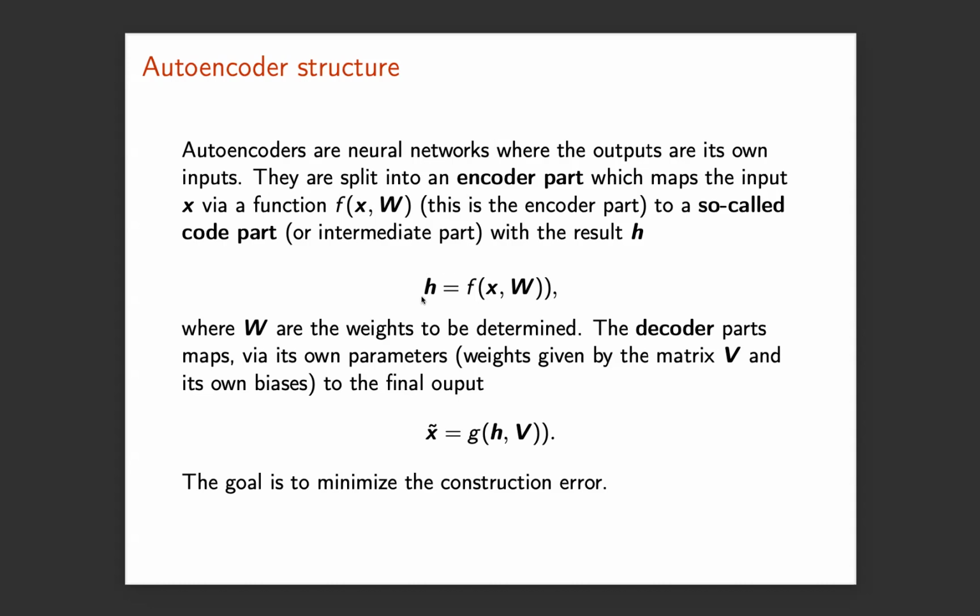Then there is a code part, or latent space, as it's also called. When we looked at variational autoencoders and Boltzmann machines, we called this a latent space. This latent space often has a smaller dimensionality than the original x. So the output of the encoder gives us this latent space. And when we discussed principal component analysis, when this function was given by linear transformations, you could show that the autoencoder does the same thing as a principal component analysis, which is a way to reduce the dimensionality.